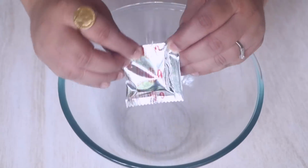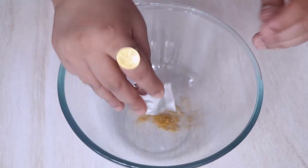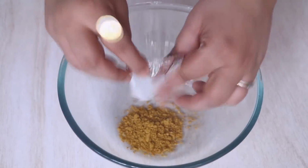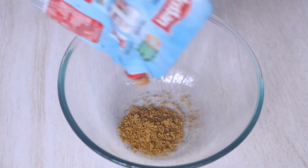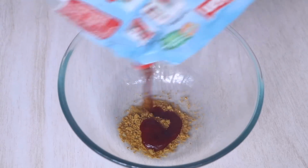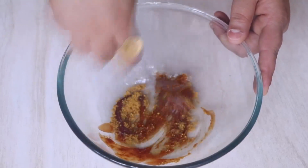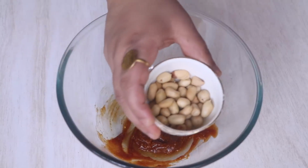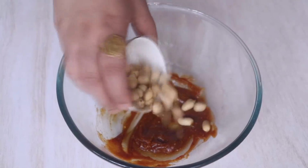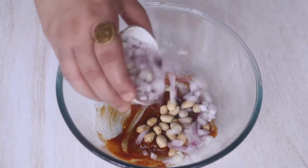Now guys, I'm going to take 1 big mixing bowl and I'm going to add that 1 sachet of the masala which comes in the Maggi packet into that bowl, followed by 2 tablespoons of tomato ketchup or tomato sauce, and mix it well together. Once mixed, I'm going to add 1 tablespoon of roasted and salted peanuts, which is moongfali,